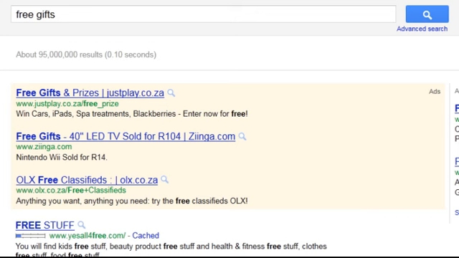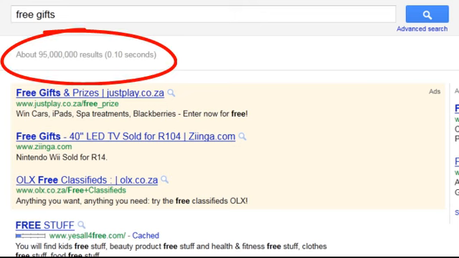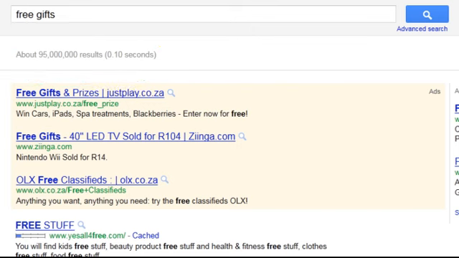But if you go into Google and type in the words free gifts, we see we've got over 95 million results here. And the reason for that is, at the end of the day, people love to get something for free, especially if they feel that it has a real world value and it's helping them to answer a problem or solve a situation that they have at the current time. And if you can drive traffic to your site in that way, you can then build your list, which is helping you in your business.